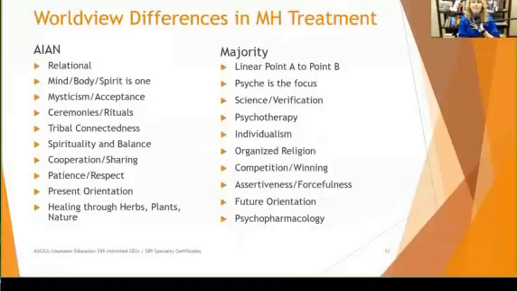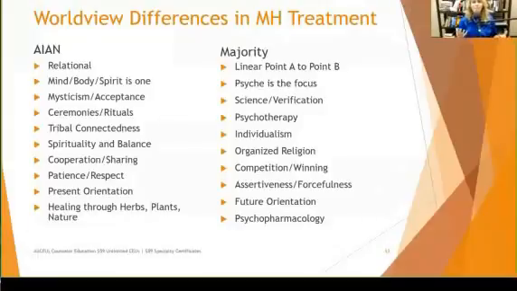Now, we may not be skilled to address the spiritual and the body aspects, no doubt, that's out of our bounds of competence, but we can refer out, and we do need to incorporate those important people and pieces into the treatment plan. American Indians tend to